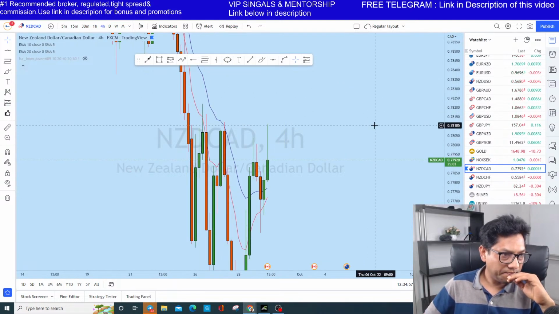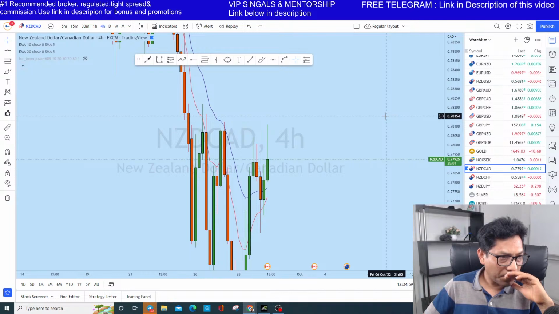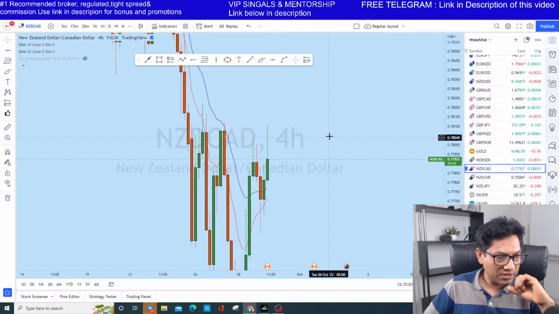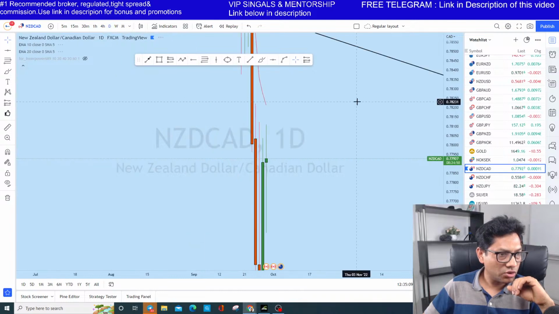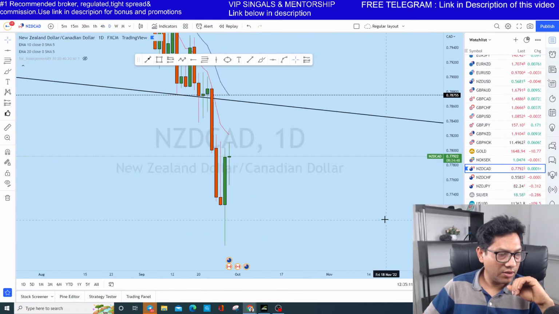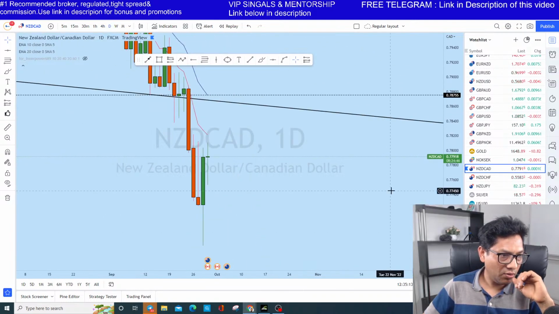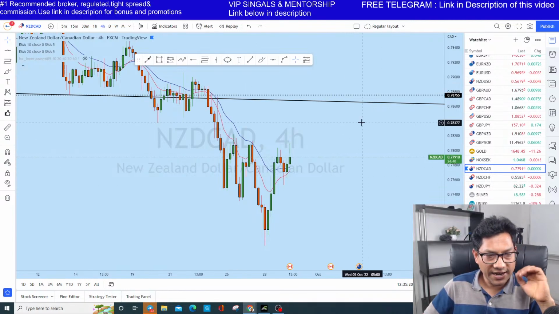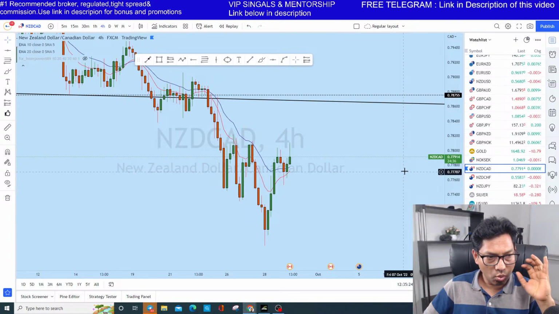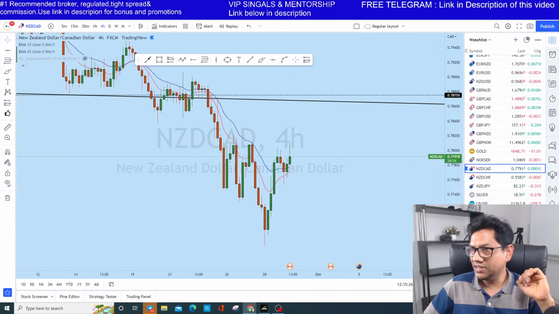What I think is that this price has now started to drop on NZD CAD, as I told you, because of the news release. So it's doing exactly what we expected. Let me look at more, and then we'll see what might happen. Let the candle close after 24 minutes, and then we'll see what could be the situation with NZD CAD.